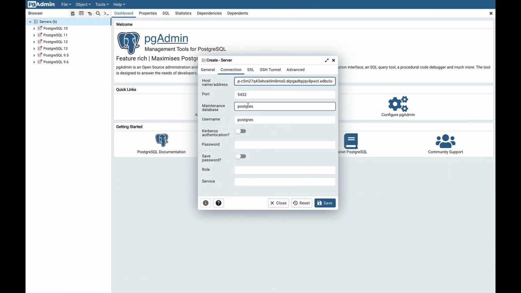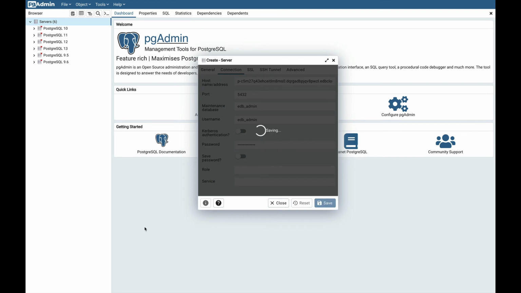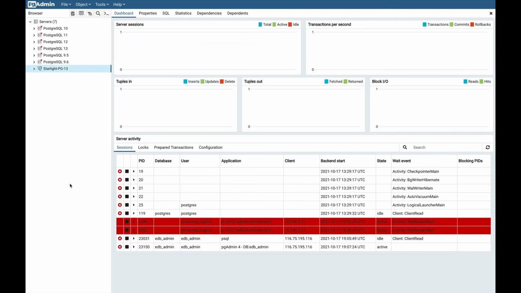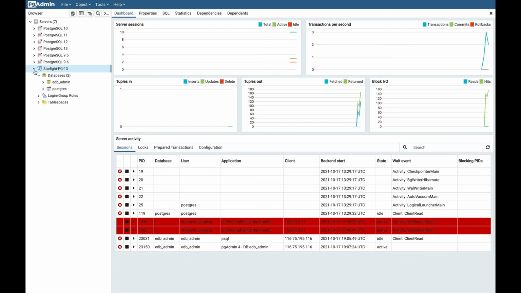Database name is edb_admin, and the username is also edb_admin. Provide the password to connect to the database server, and click on the save button. Here you go. The Starlight PG13 is now connected using pgAdmin.